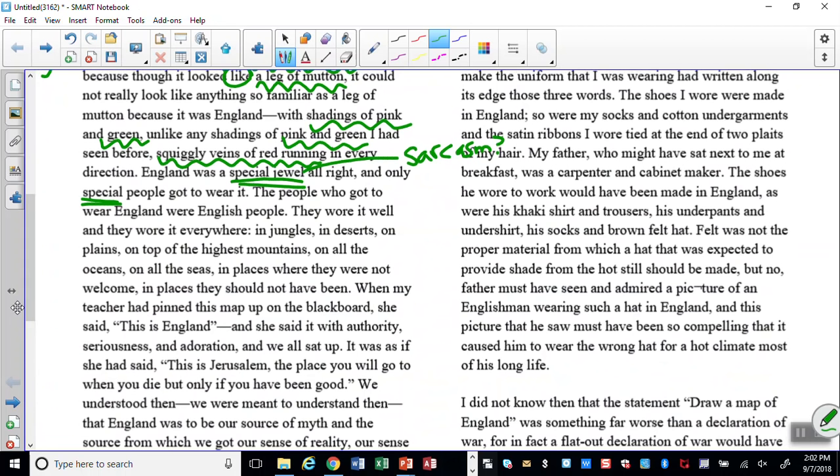So let's see. In places they should not have been. And places where they were not welcome. Okay. So,